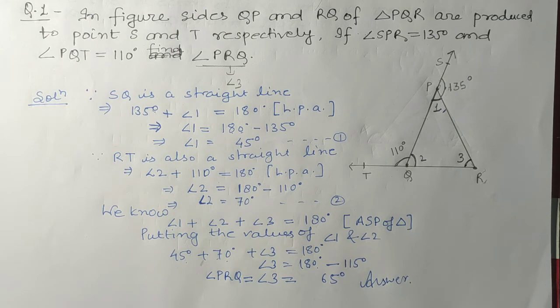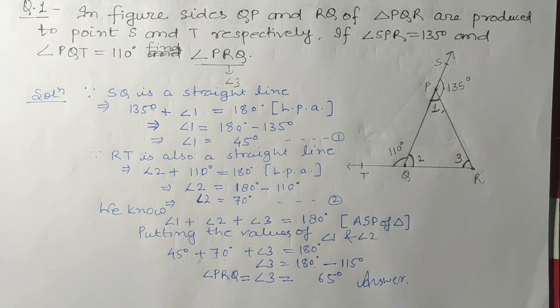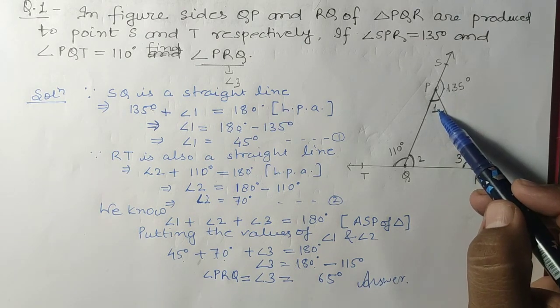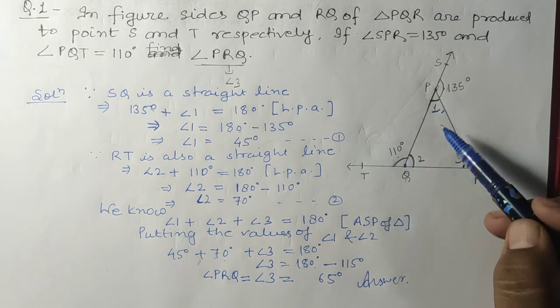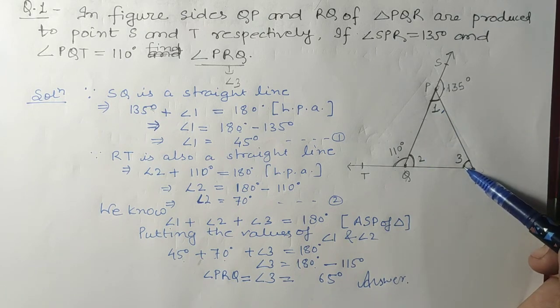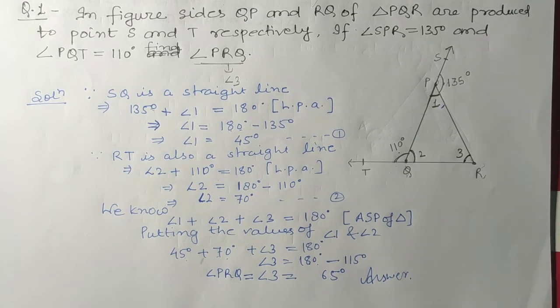The method is very easy. Okay, if you are going to solve by figure, meaning it is not a descriptive question, suppose it is an MCQ, then it is very easy to find the value here. Only you have to do this: this angle is 135, then this angle will be 45 degrees. This angle is 110, then this angle is 70 degrees. Now 45 plus 70 is 115. So if you subtract from 180, it will be 65 degrees. So in geometry questions, if a figure is given, you can solve easily from the figure.